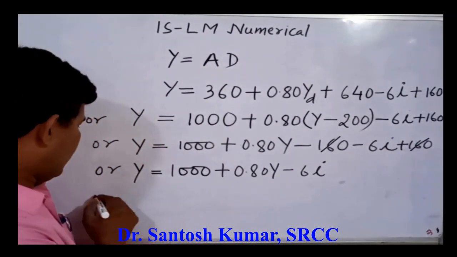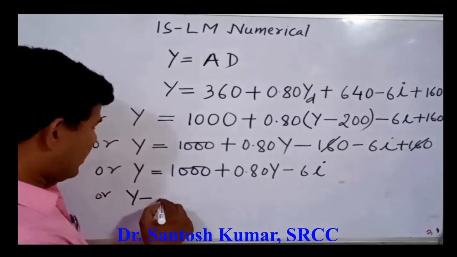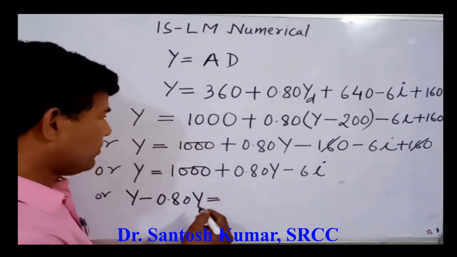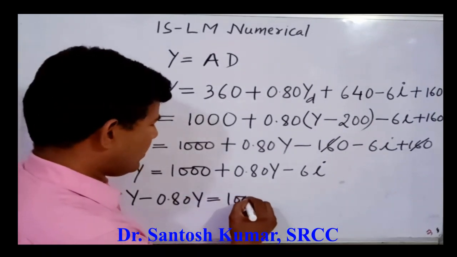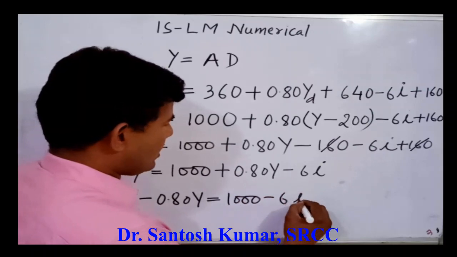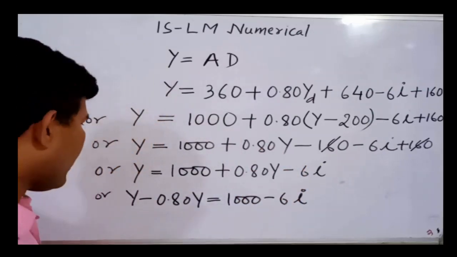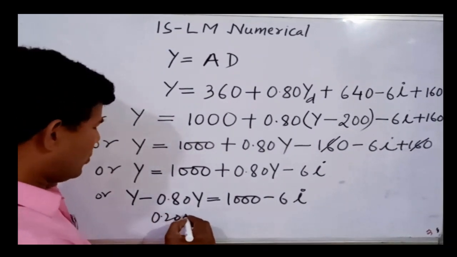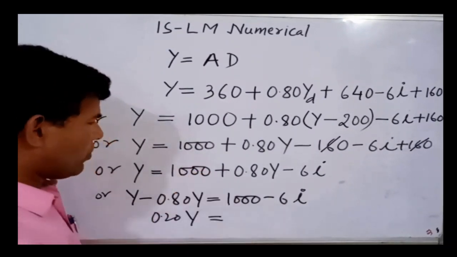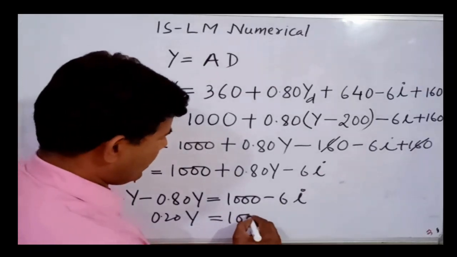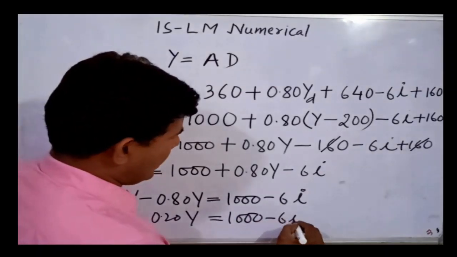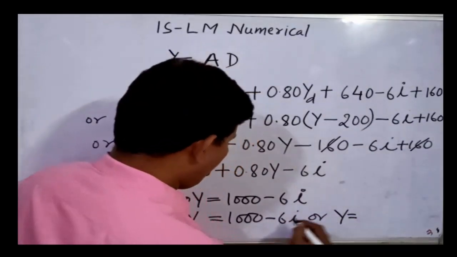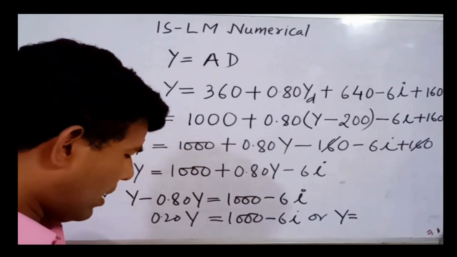Y minus 0.80Y is equal to 1000 minus 6I. Or I get 0.20Y is equal to 1000 minus 6I, or I get Y is equal to 1000 upon